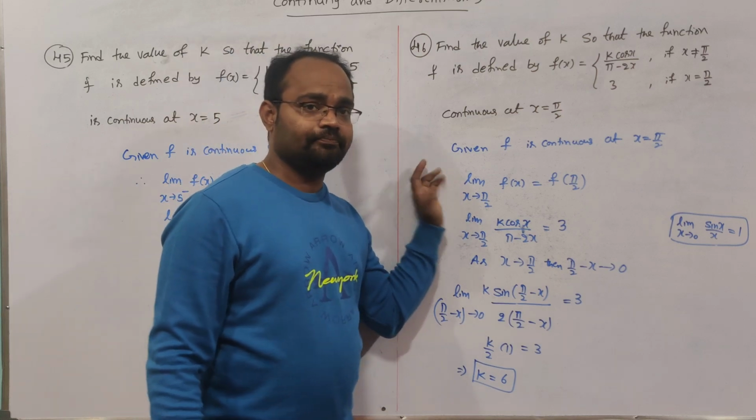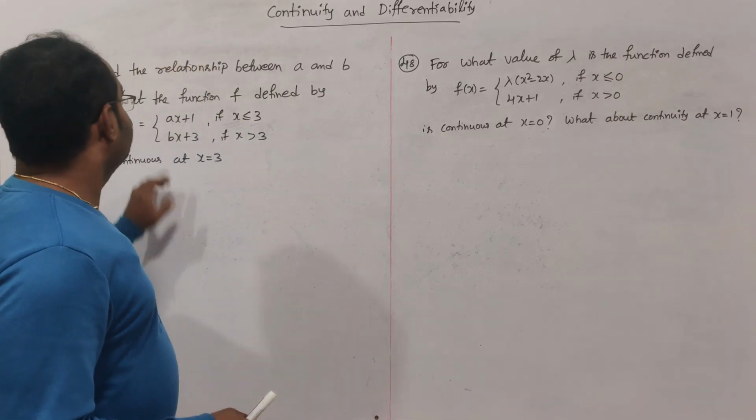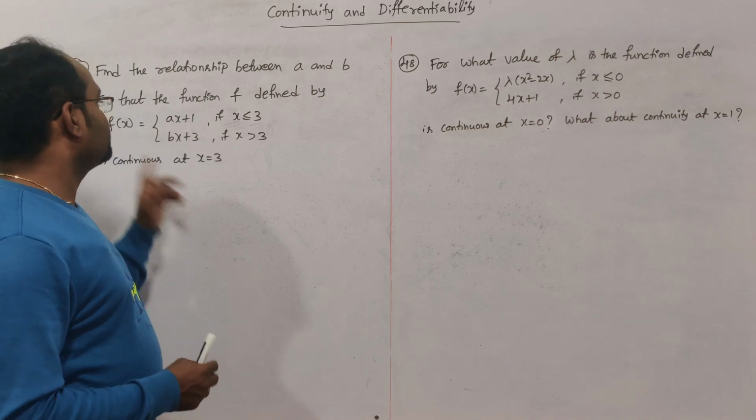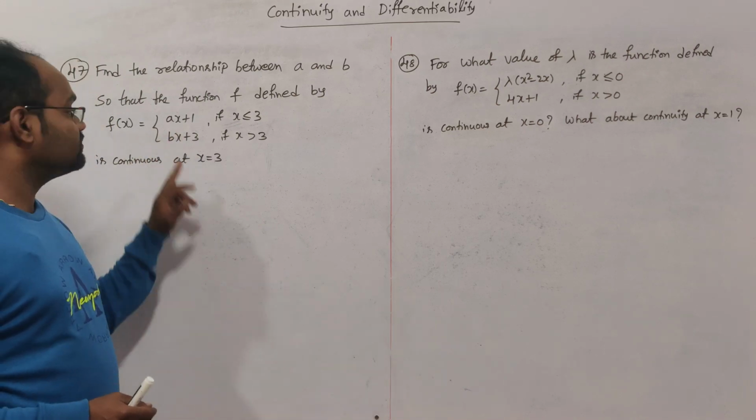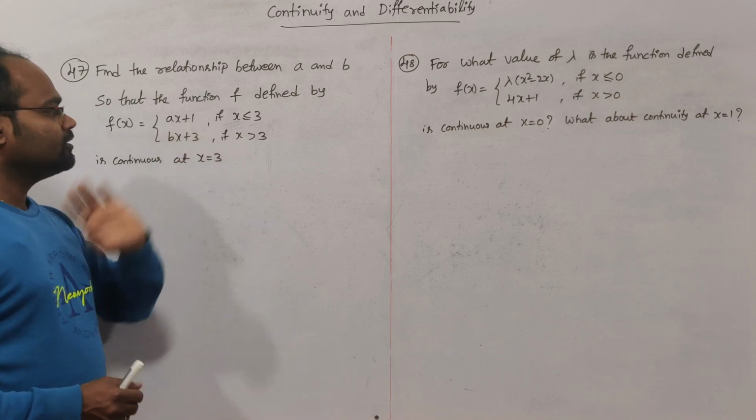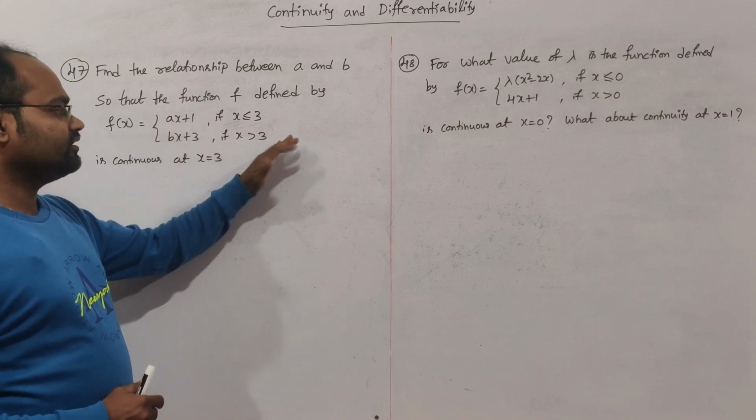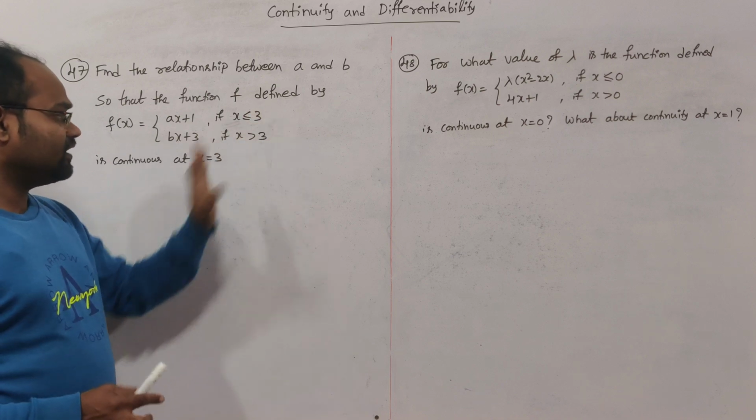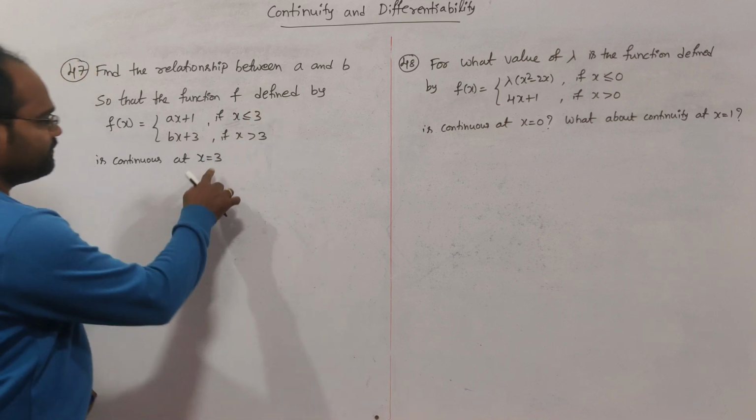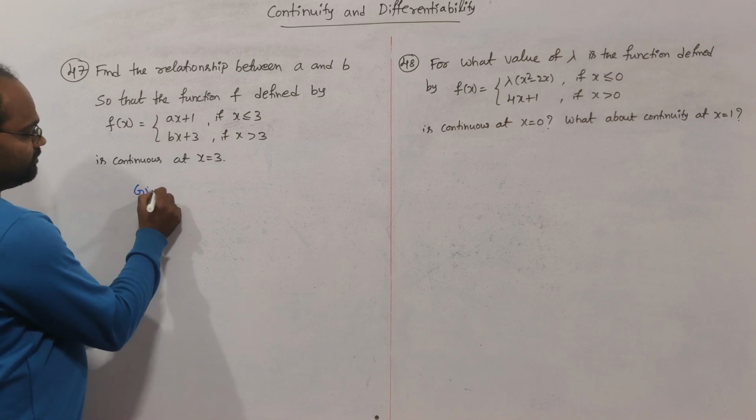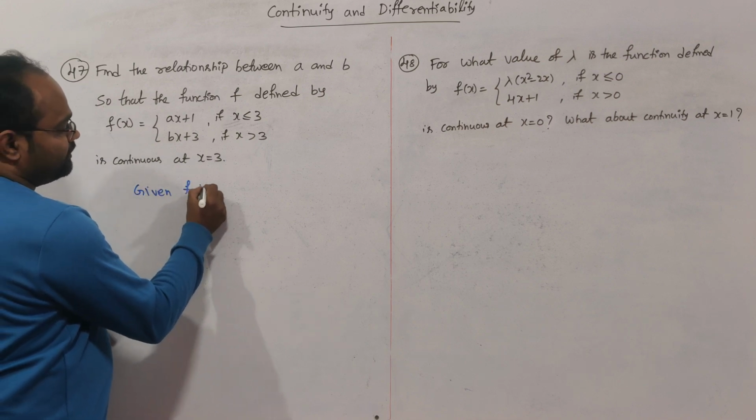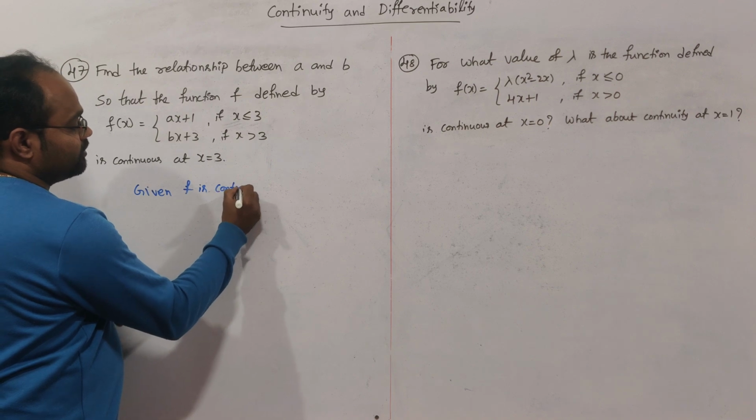Let us discuss. Next, find the relationship between a and b such that the function f defined by f of x is equal to ax plus 1 if x less than or equal to 3, bx plus 3 if x greater than 3. So as usual, it is inequality separation. Already given that it is continuous at x equal to 3. So given f is continuous at x equal to 3,